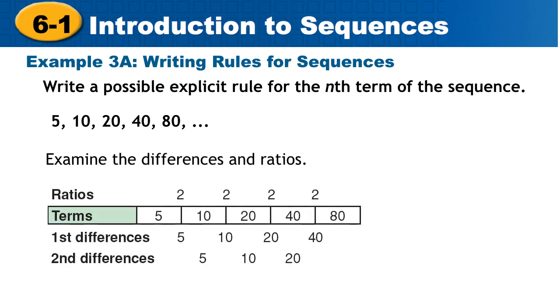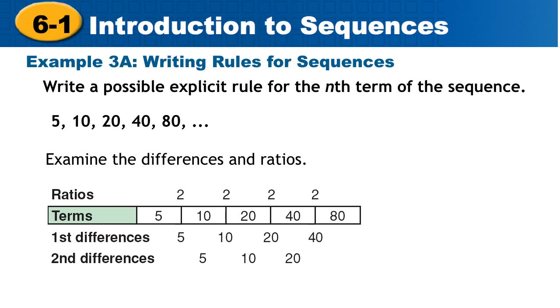So the first differences: 10 minus 5, 5; 20 minus 10, 10; 40 minus 20, 20; 80 minus 40, 40. First differences are not constant, so it is not linear. What about second differences? 10 minus 5, 5; 20 minus 10, 10; 40 minus 20, 20. Second differences are not constant either, so it is neither linear nor quadratic, so it can be exponential, so we